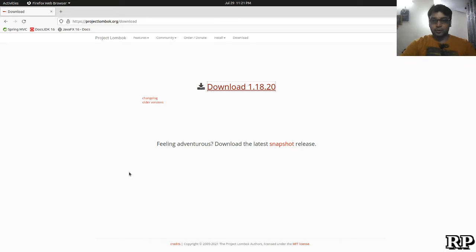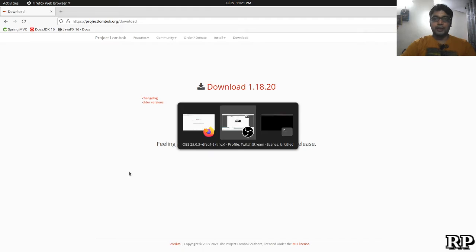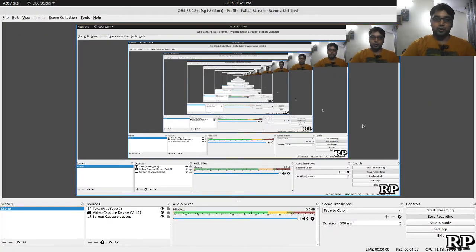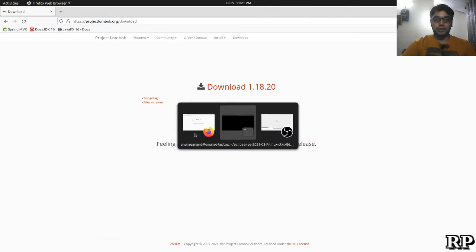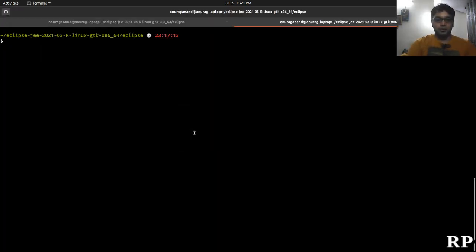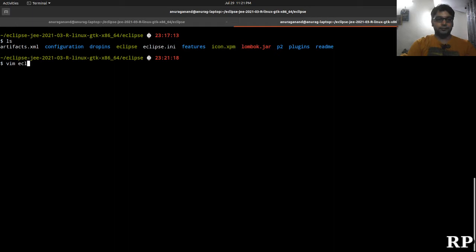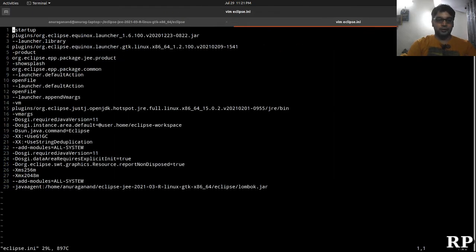So once it is downloaded in your local system, presently in my system Lombok is already installed in Eclipse. So to show the differences I will have to show you what happens in the INI. If you see right now, the Lombok jar is there, and it has been provided as the Java agent, that while running this will be used as the Java agent.